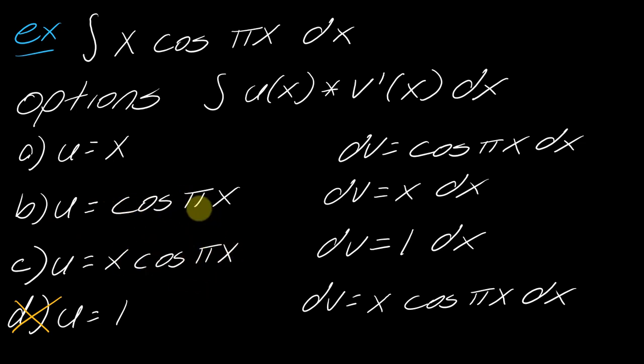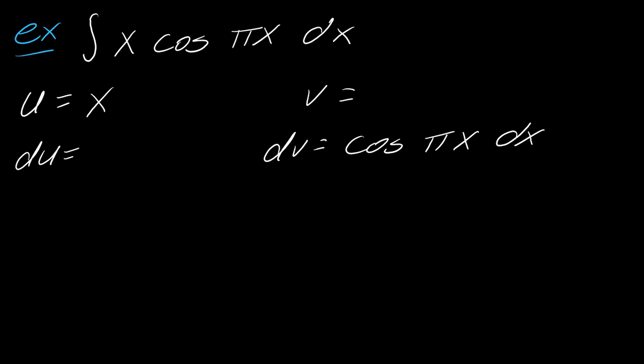I can take a million derivatives of these two and never stop taking derivatives. So if I look at u equals x, if I take the derivative of this, it is just 1. And that's the other big sign then, that these two are not what I want. This is the option that I want to use. So when this lines up, this is your ideal scenario, and this is what you would like to move forward with. So here my x is my u, and then my dv is going to be this